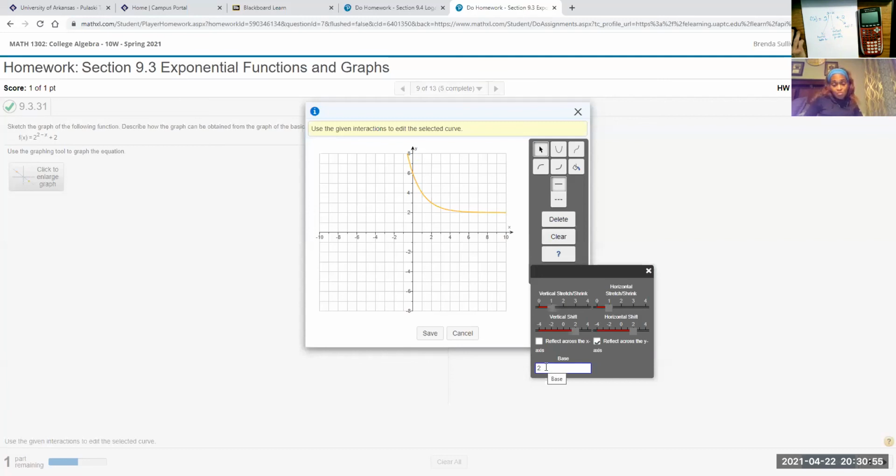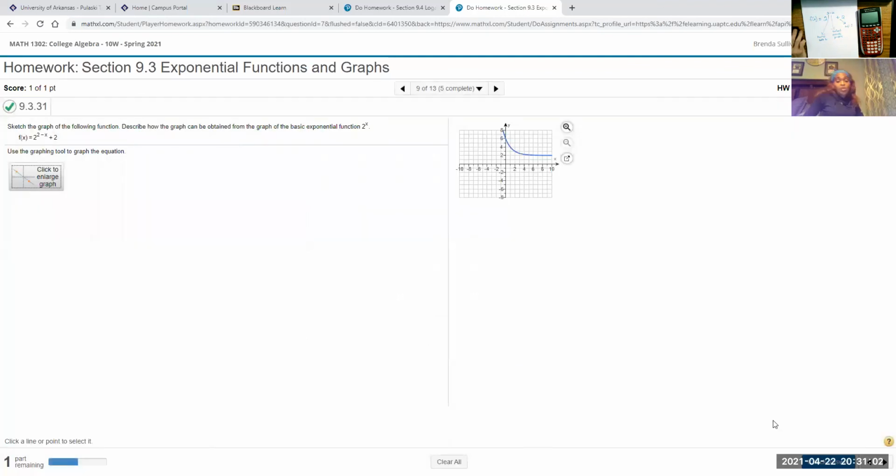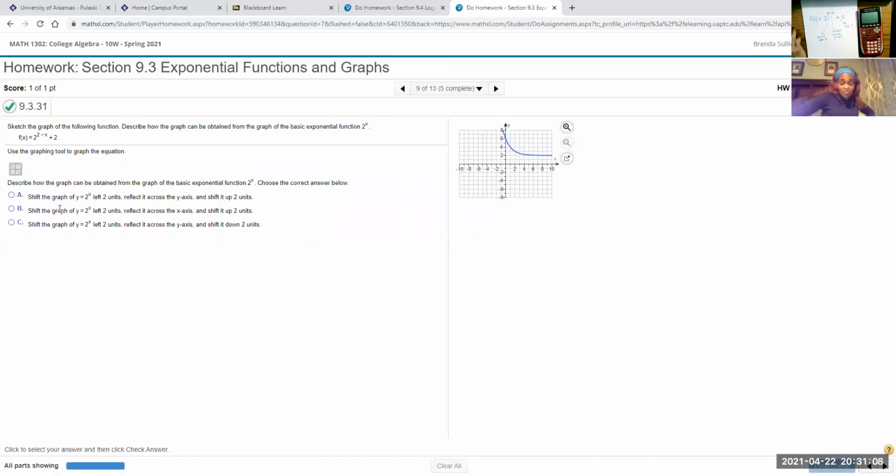But if it were not at 2, I'd have to change my base to 2. So then this is my picture that I save. And see, it says nice work. Then it gives me these choices, and I've got to go, all of these basic graphs are the same, 2 to the x. Then I've got to go left 2, left